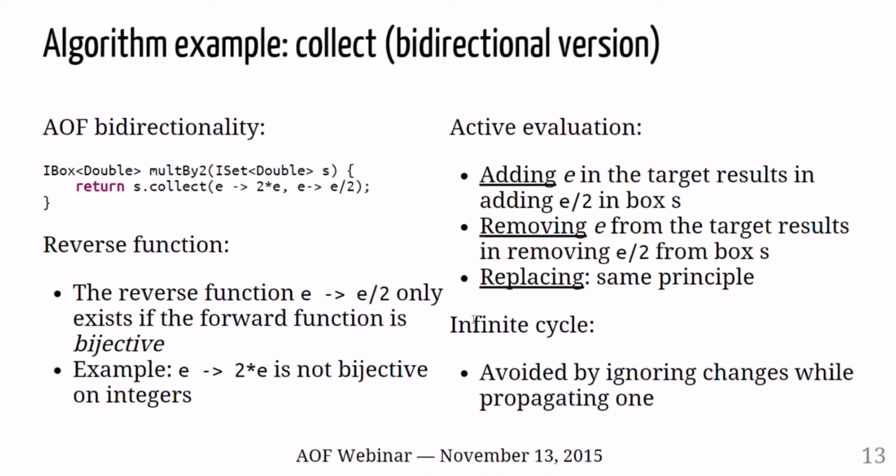Of course, we have to avoid infinite cycles, because if you perform a change in the target, it performs a change in the source. That new change must not be propagated forward, because it would then be propagated backward again, and so on. To avoid this, in the framework we simply ignore the backward event that comes from the propagation itself. So if propagation induces some events, these events are not propagated any further in the backward direction. But of course, if there are other operations in the direction of propagation, they will be forwarded